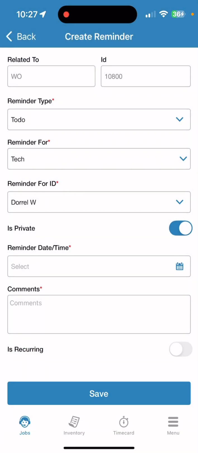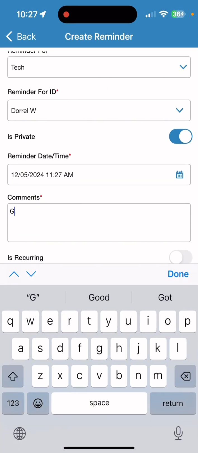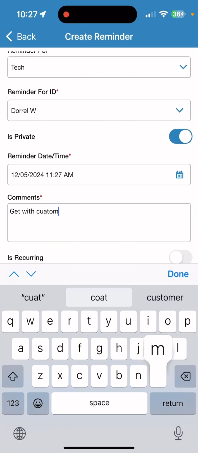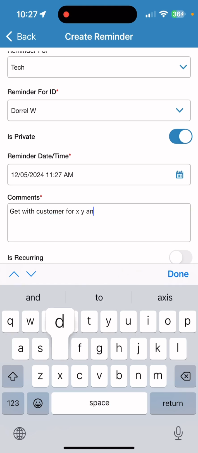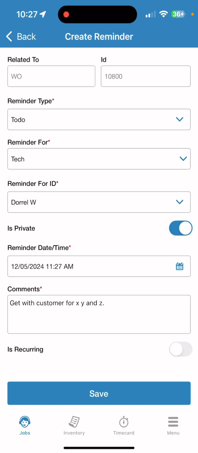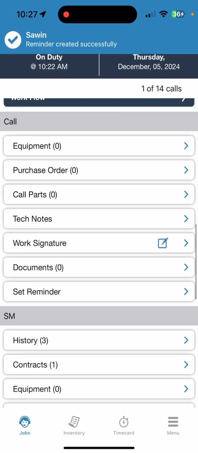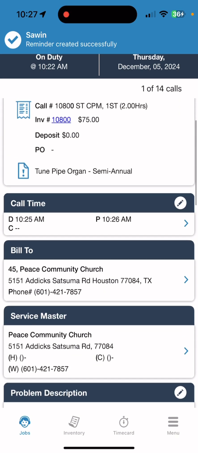And then I can go ahead and set a date of this reminder. And let's actually choose a time in the future. All right, get with customer for X, Y, and Z. Or I don't know why they did A, Z. All right. Now we also can make it recurring, but for this instance, I'm just going to make this a one-off reminder. All right. Now that I have that reminder here, I can either make sure I've completed this work,